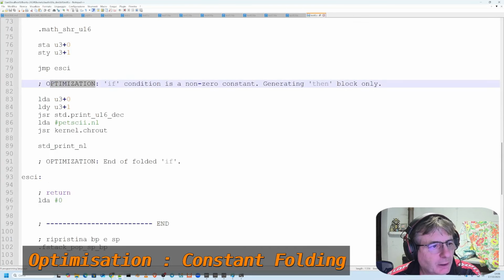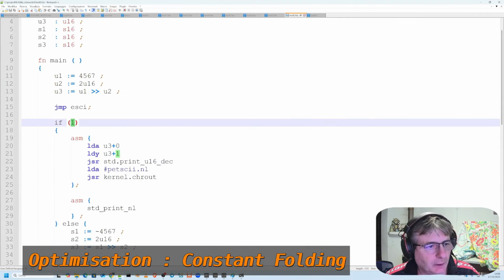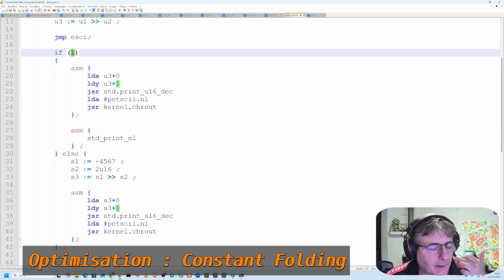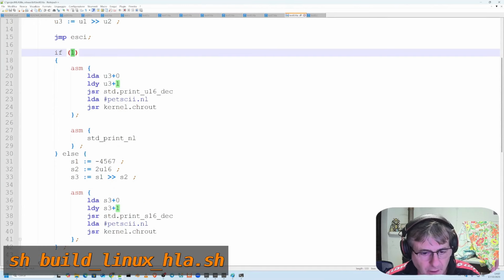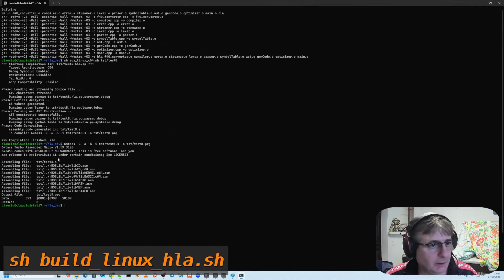And if we go directly here, we have a further optimization. If condition is a non-zero constant, generate the block only. And as you can see, this entire remaining part of the else is not considered at all. And this is another optimization step. By the way, I'll also take this opportunity, even though I hadn't included it before, to show you the compilation process,